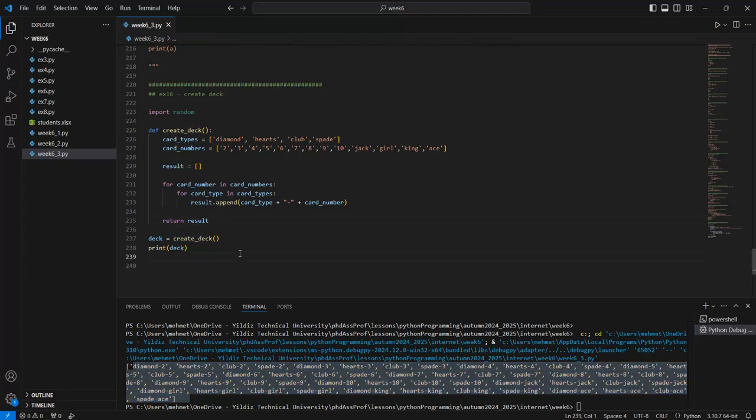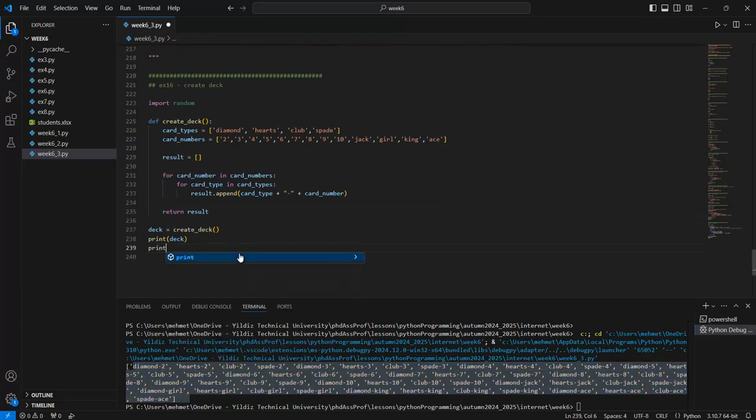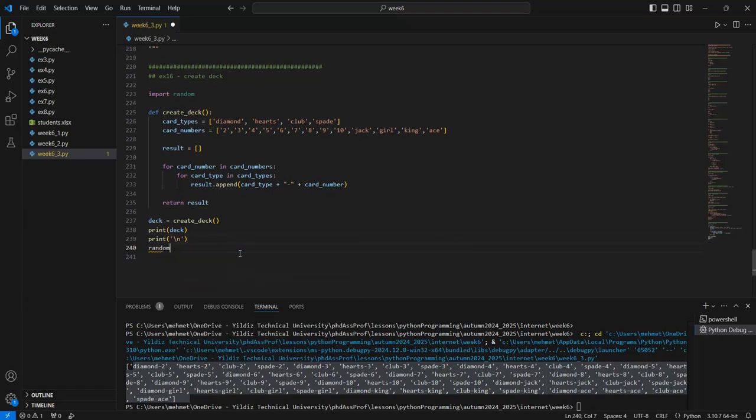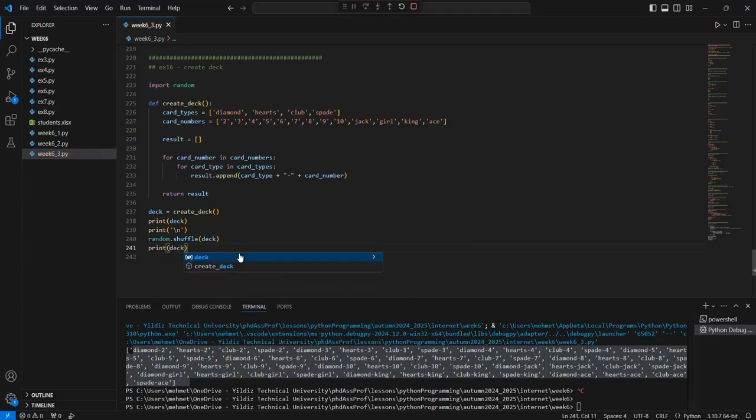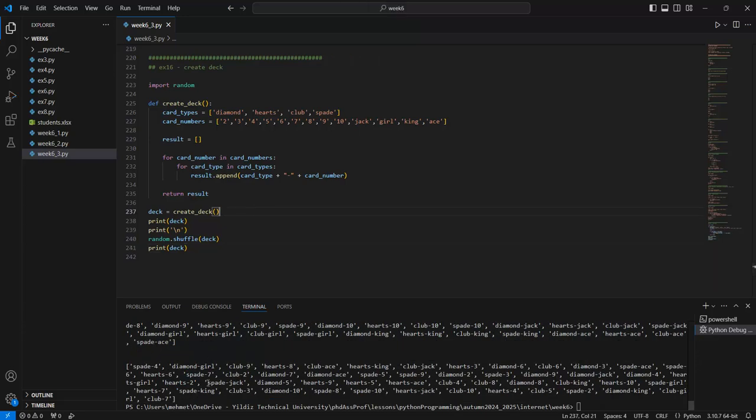So if you want to print a shuffled form in here, the random shuffle is applied to the deck, and print deck can be called in here. Spade 4, diamond jack, club 9, hearts 8, club ace, hearts king, club jack, and so on. This is in what form? In the shuffled form. Okay, so